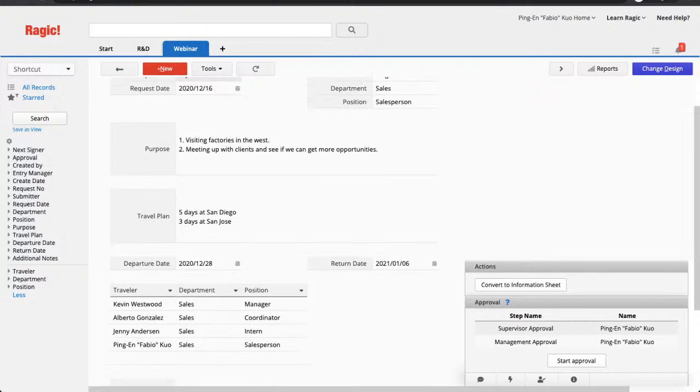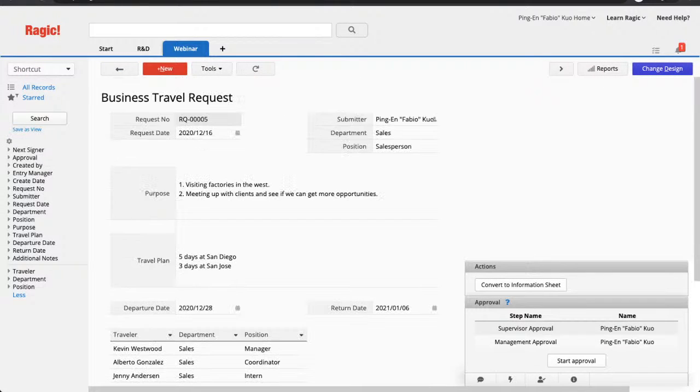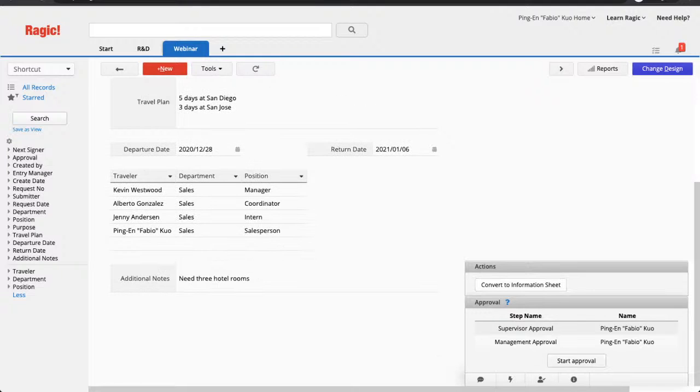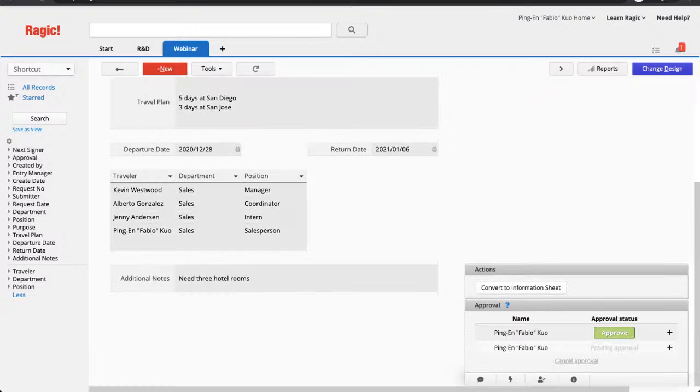So I finished a sheet, a simple business travel request. Let's start this approval. Since I'm approving this sheet, you'll see this approve button. But as an approver, if you think this sheet may need some modification in the approval flow,